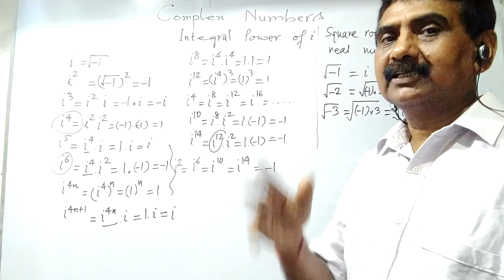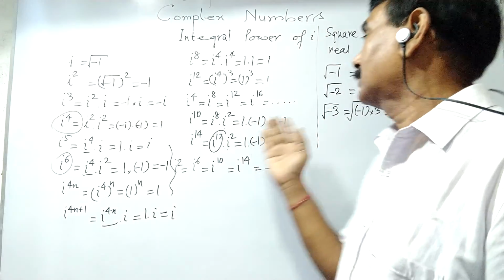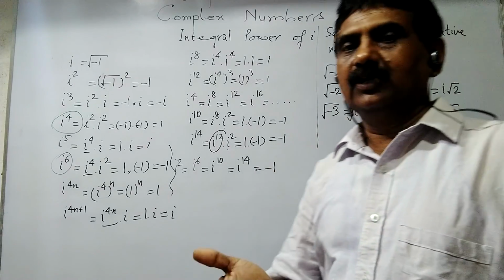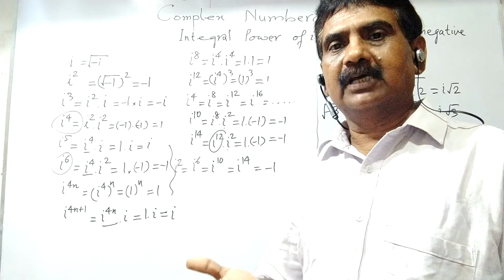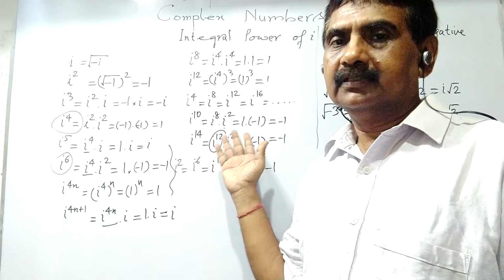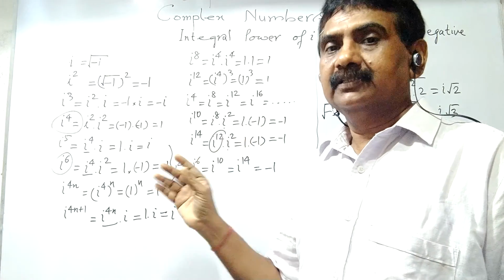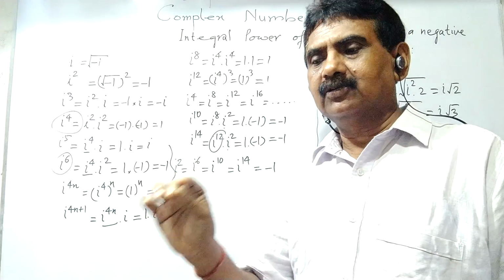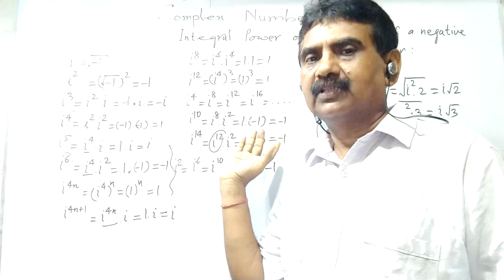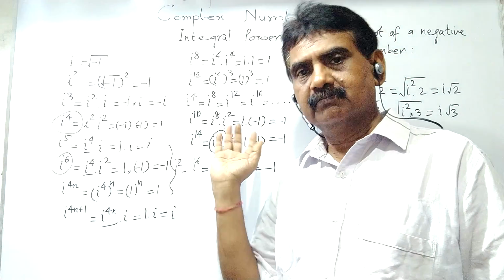Only when we tell you can you write it. In a numerical, they directly say minus root 2 is equal to i root 2. Then you will obviously ask, sir why? How can it be? Then I am explaining at first. Then when we start to solve the question, we will use these small things in that case.